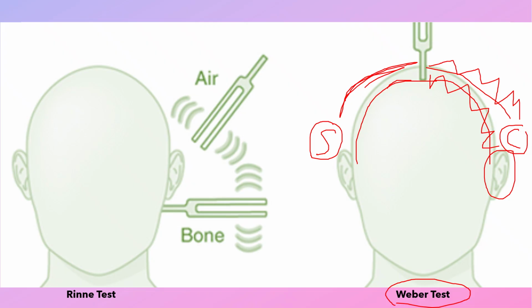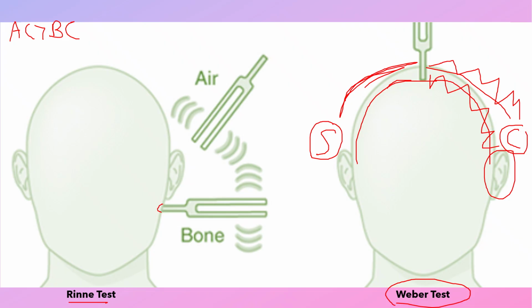So we're going to do the Rinne's test. The Rinne's test is done as follows. Rinne's test is testing air conduction versus bone conduction, and we know normally air conduction lasts much longer than bone conduction. So what happens is we take a 512 hertz tuning fork, we have it vibrate, then we place